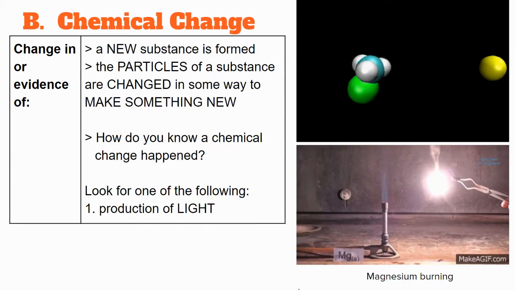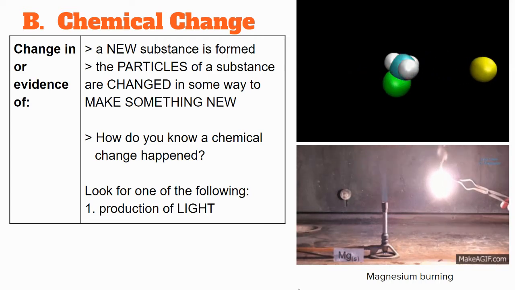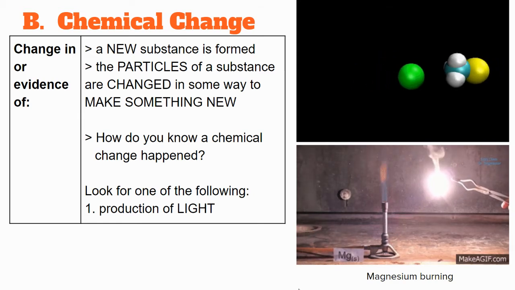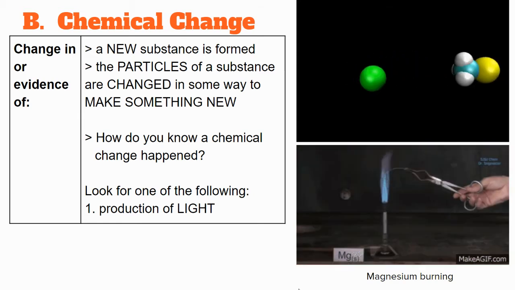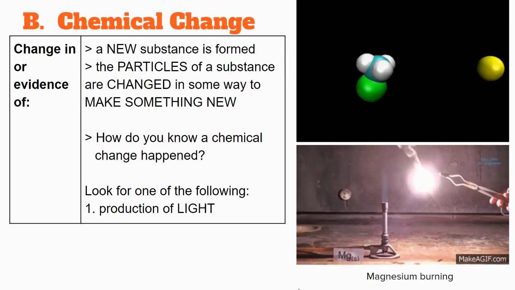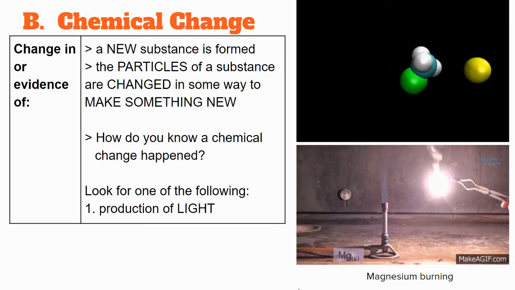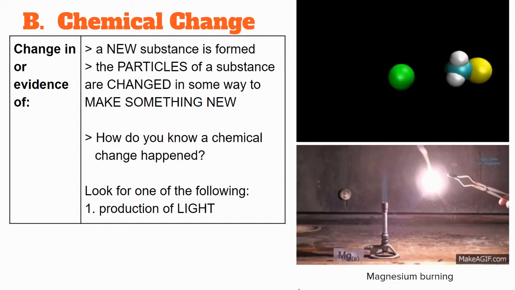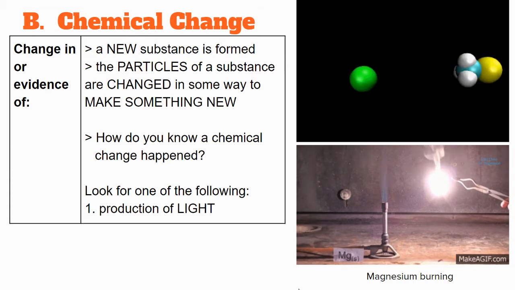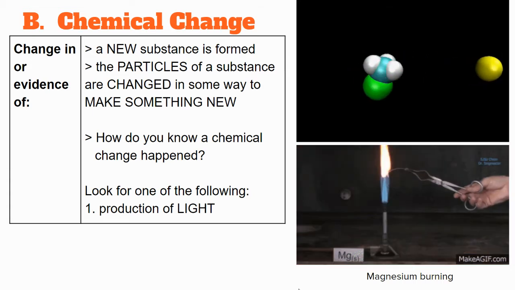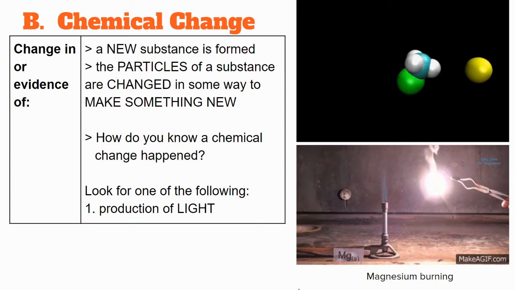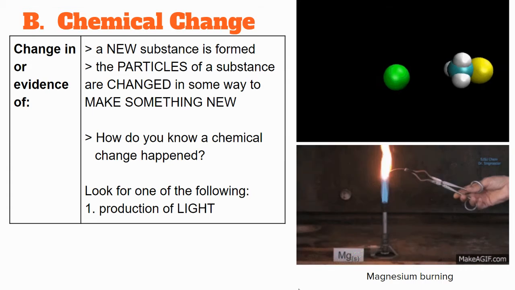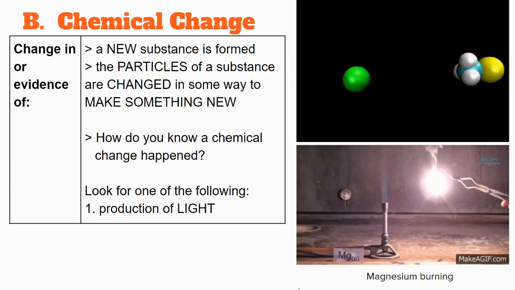I should actually say this is the burning of magnesium. It's just a little ribbon of magnesium. They used to use these in flash bulbs for cameras back in the day. To get something to flash, it wasn't just an electrical signal run through there. It was actually a little chemical reaction that occurred. They would use magnesium for that because it produced a nice bright white light. They also use magnesium in fireworks because of that bright white light. Again, production of light from a chemical reaction indicates that a chemical reaction has occurred.